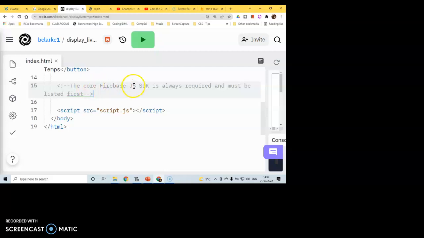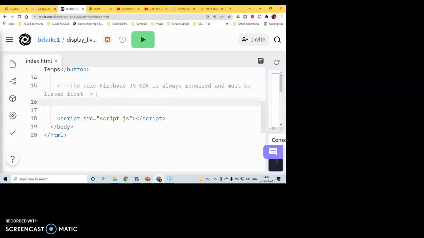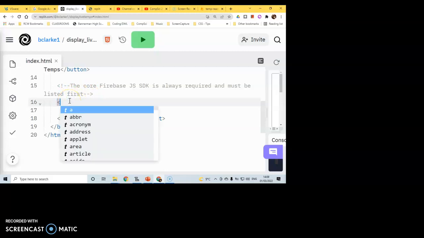So the core Firebase JavaScript software development kit is the kit that allows you to connect to Firebase. Well, a little anyway, because there are more connections that we need to set up for our specific project. So this is the overall connection to Firebase as such. What we do here, remember that's only a comment now, is we put in our script